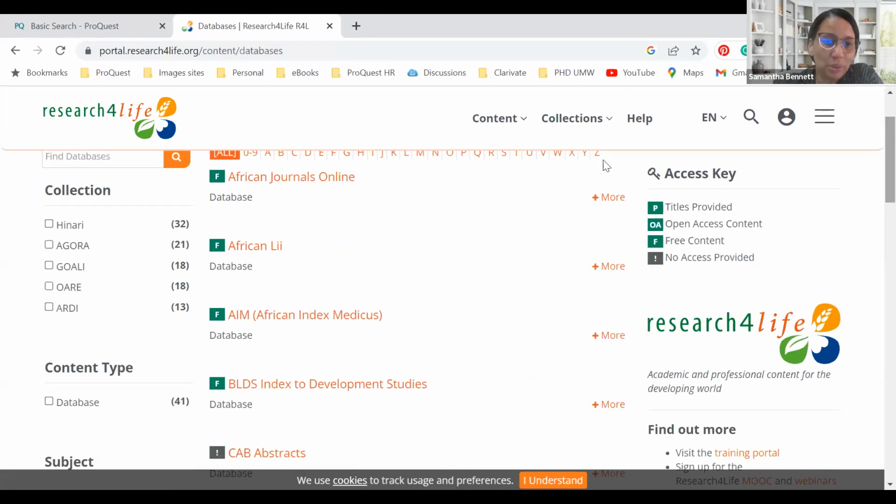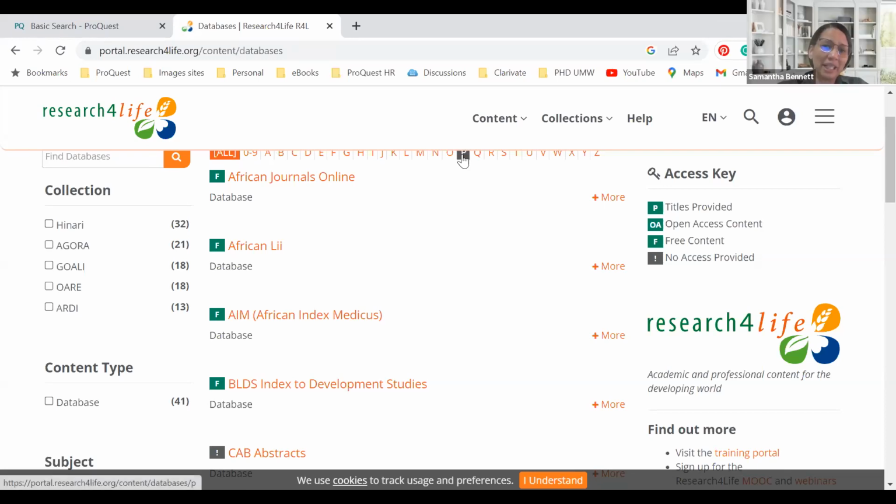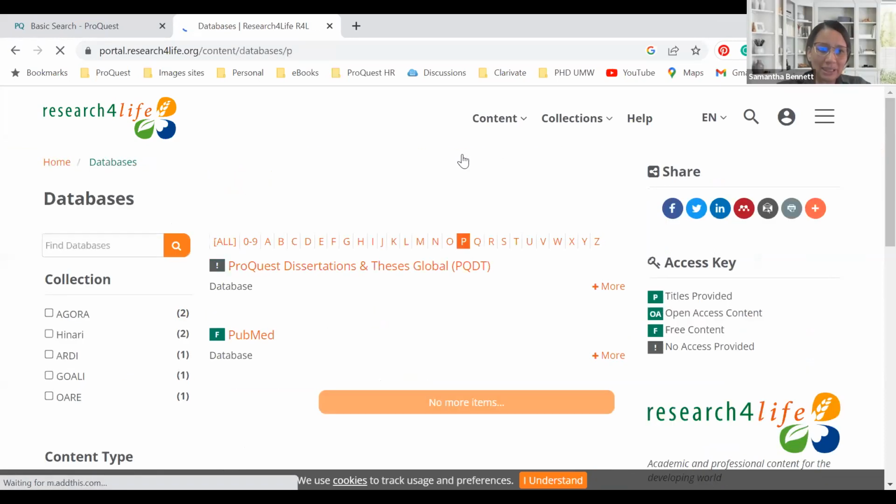Mercy, is there anything else that you would like to add for people? And you need to create an account to be able to see what I am showing you right now, if that is correct. Yes, Samantha, can you just type ProQuest in the search box so you can get the PQDT Global databases? You can click directly on the P to go down to ProQuest databases, or you can just click on the left-hand side to find the databases.